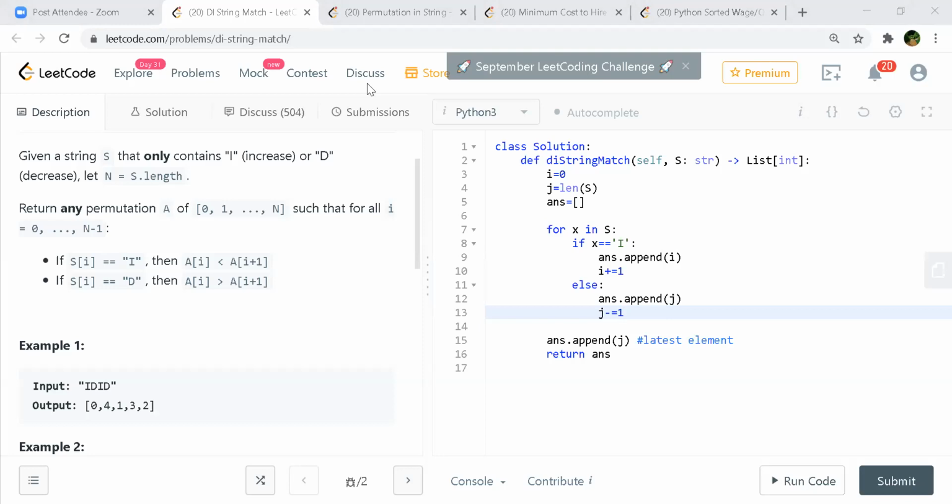With this, I couldn't understand the words 'return any permutation'. So what other possible solution for example 1? I think that this is the best way to return. There is only one permutation for this. It says any permutation, so can we think of any other solution for this one? Yeah, definitely there might be.